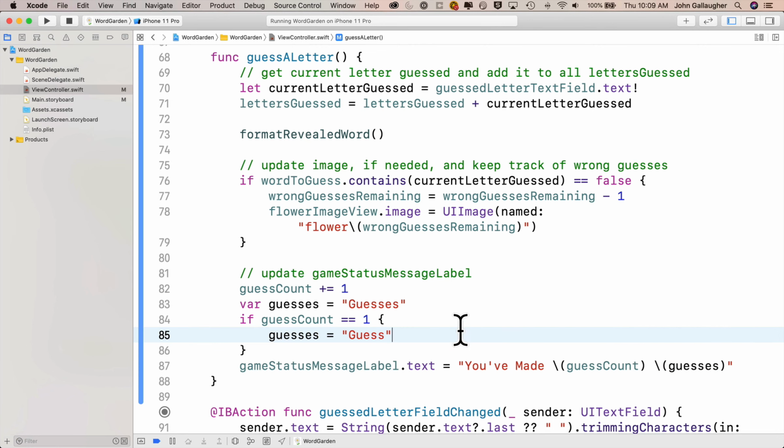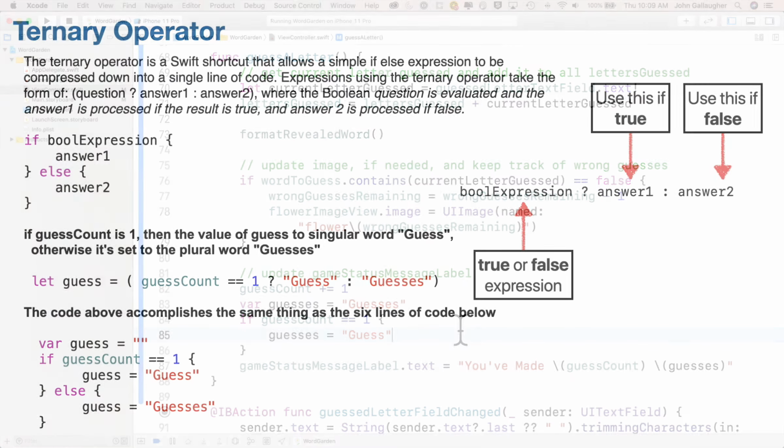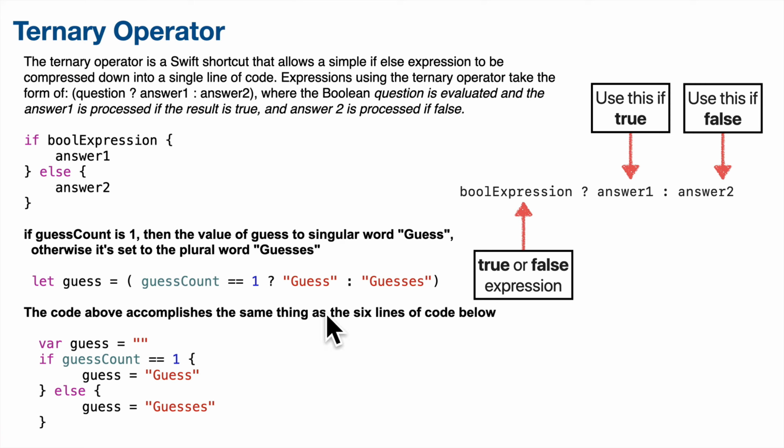And now let's head over to the slides to take a look at the ternary operator. So the ternary operator lets us write an if-else condition in a single line of code. This is in contrast with the standard if statement that has a bool expression, evaluate this first set of curlies if it's true,